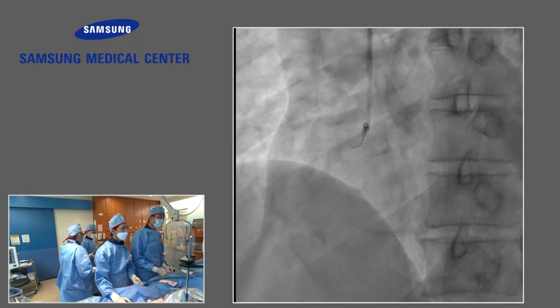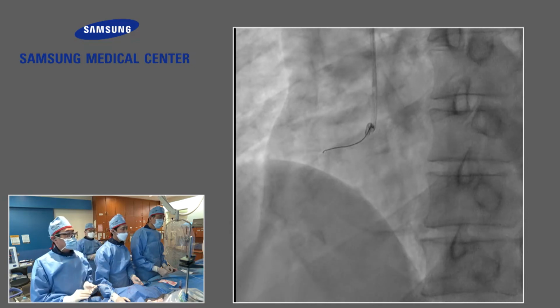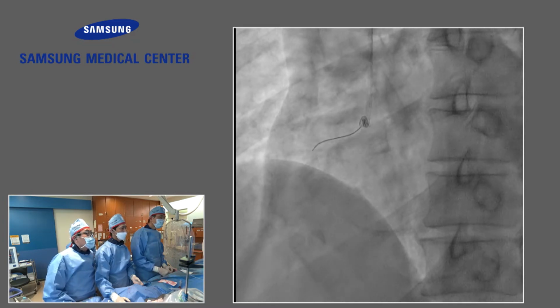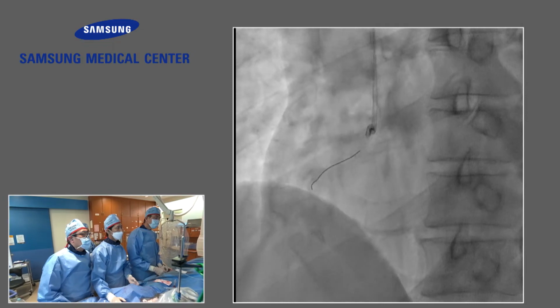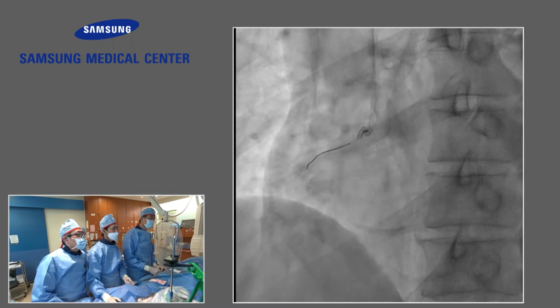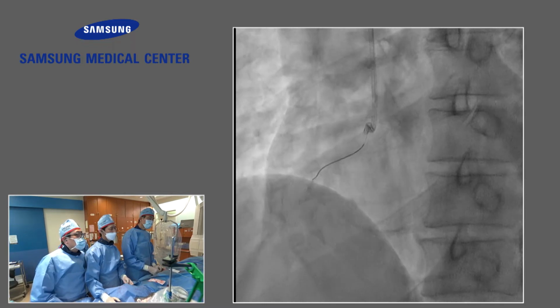Tip formation is not so good. Originally, his plan was a retrograde approach, using transradial access for the right system and femoral for the left system. Femoral has a strong backup, so his first plan was to do a retrograde approach, but